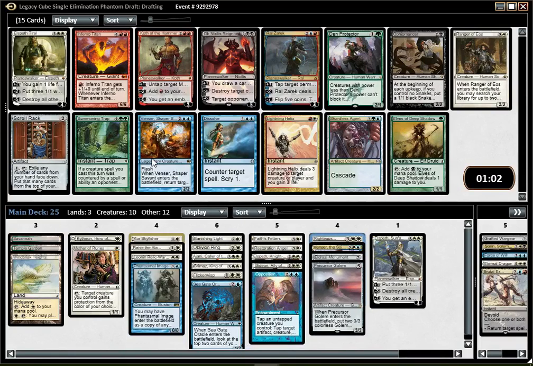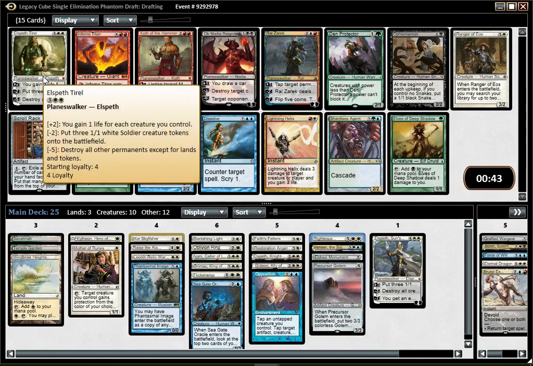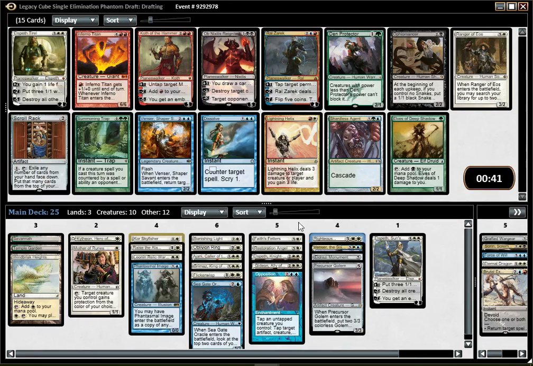pack. Okay, Venser is a nice creature, fairly strong, good enter the battlefield effect. It is also another blue card, and an increasing amount of blue cards could make this Force of Will come back in the main deck. Other options include Elfblast Tyrol, but this is the weakest of the Elfblasts, and I have